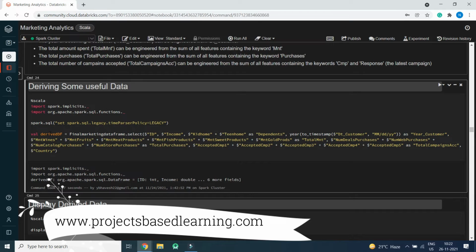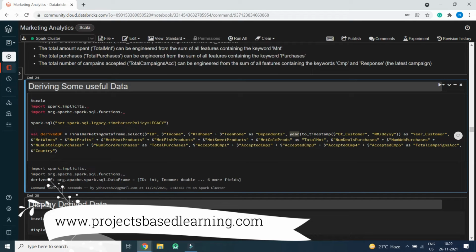So let's move further. Here we are deriving a few columns. First we fetch the ID, that is customer ID, income, and kids home plus teen home equals dependent. Here we are extracting the date of customer, only the year, so we have used a year function with to timestamp, and from MMDDYY we are generating a YYYY year column, that is year of customer.